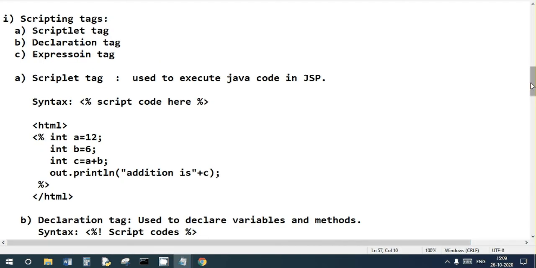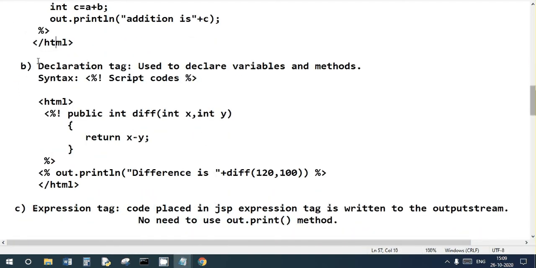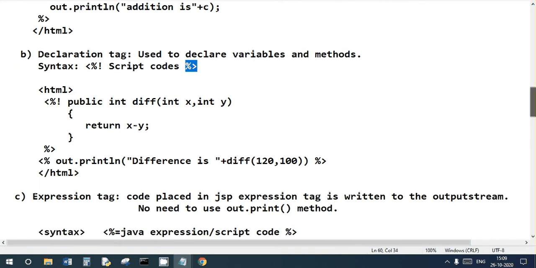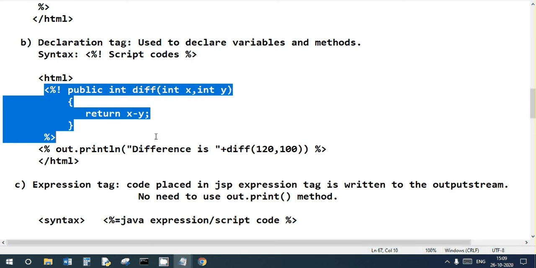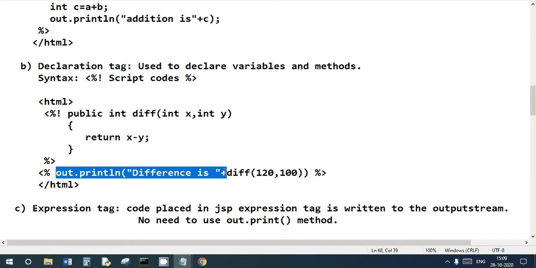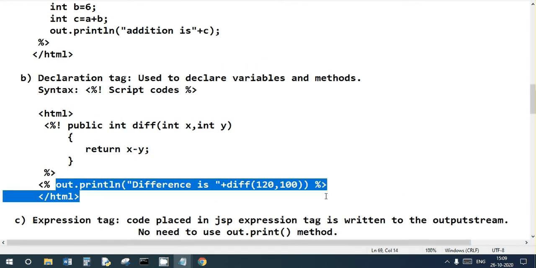The next tag is the declaration tag. Remember the symbol, opening and closing. Declaration tags are used to declare variables and methods. I'm defining one method called difference, which returns the difference of two numbers. I'm calling this method: difference is, plus difference of 120 comma 100.